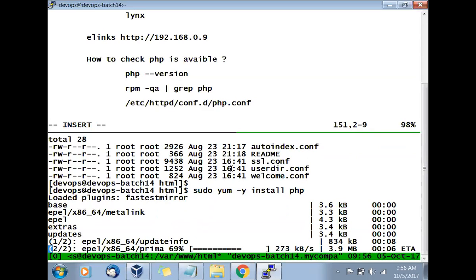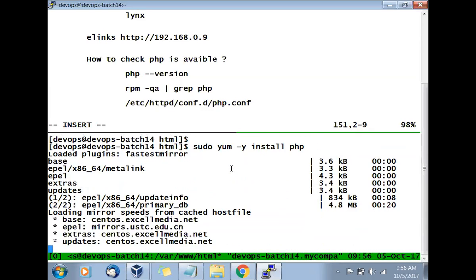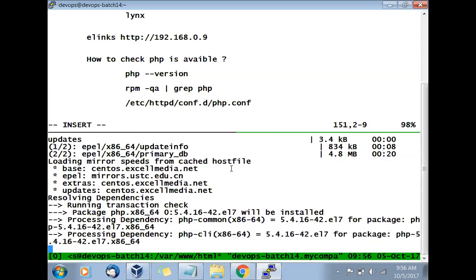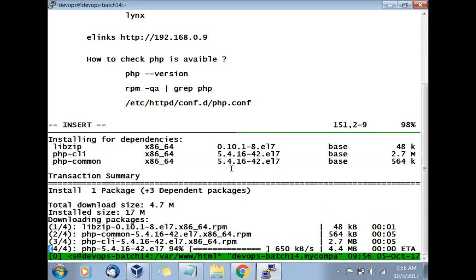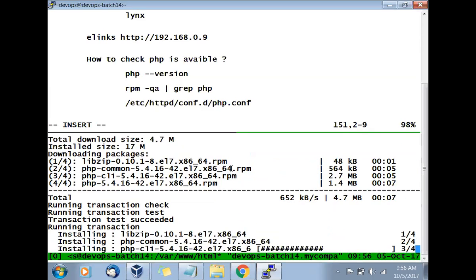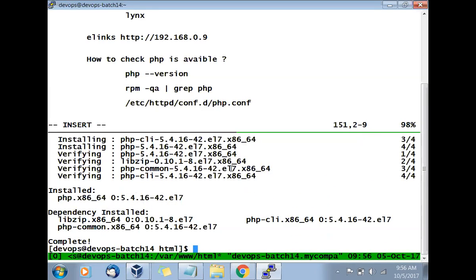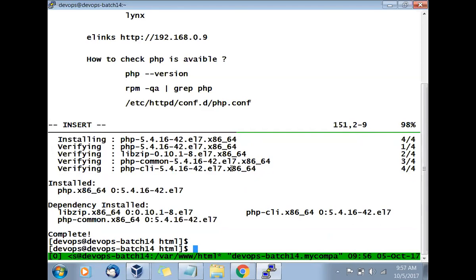Okay, so we are going with that. Now we are installing PHP. Otherwise it will not create that. That's why we have to follow the sequence, or you have to manually go and create that. If you follow the reverse sequence, like first you install the PHP and then you install the Apache, then it will not, because you are installing later on. The decision is not taken later. The decision is taken during installation. Okay, so the sequence should be followed. First you have to install the Apache and then you have to install the PHP. Okay, now let's go and see whether the file is there or not.